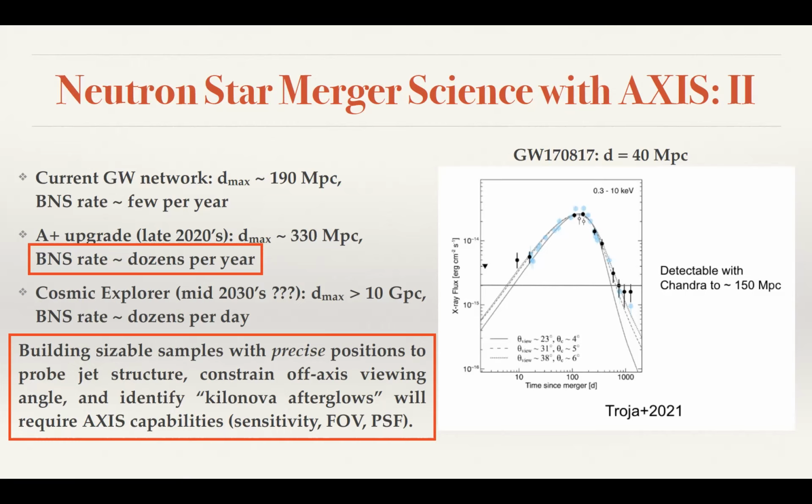GW170817 is in the plot there. And so you can see with Chandra, there's a gap in sensitivity coverage at early times, and AXIS response and slew rate will allow us to get on and probe that region of parameter space. And then at late times, Chandra's effective area is now starting to not be able to collect enough photons to really probe much lower in the evolution of that source if it keeps decaying. AXIS will dramatically improve our ability to do that science.